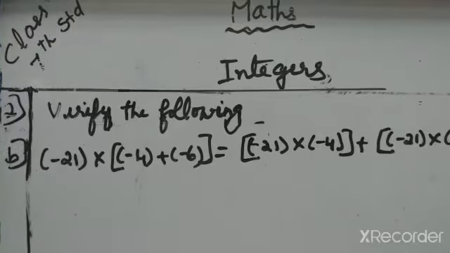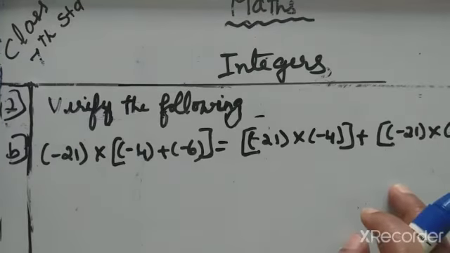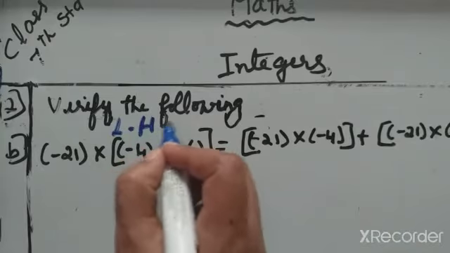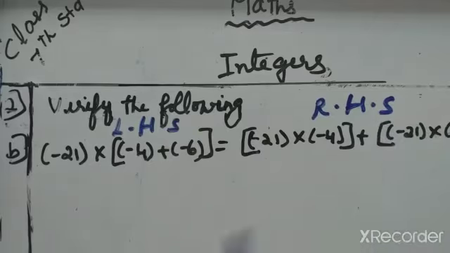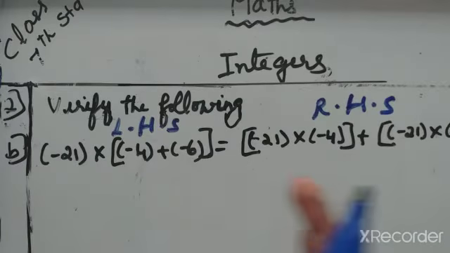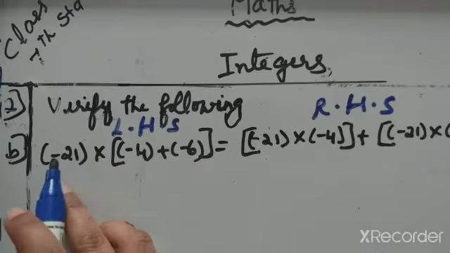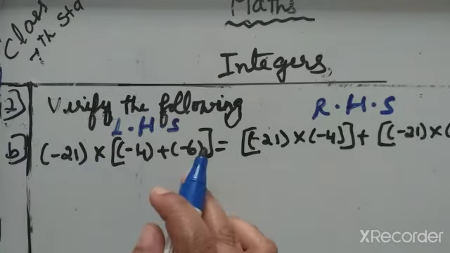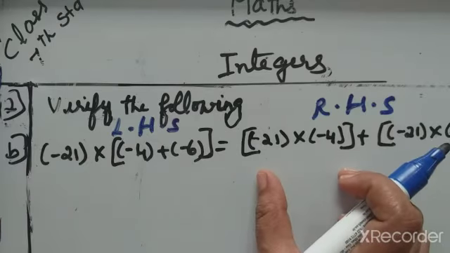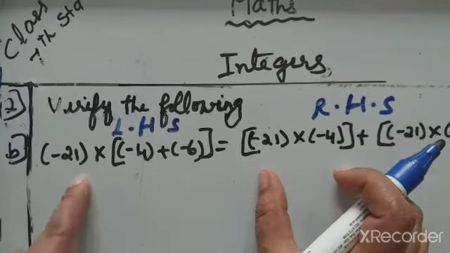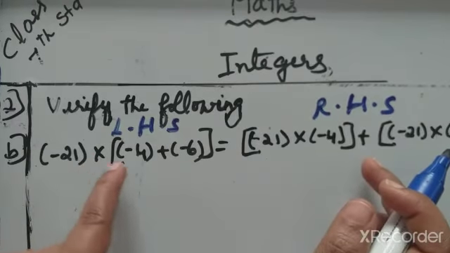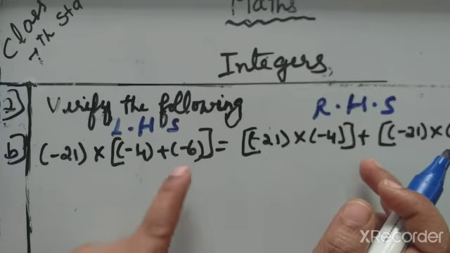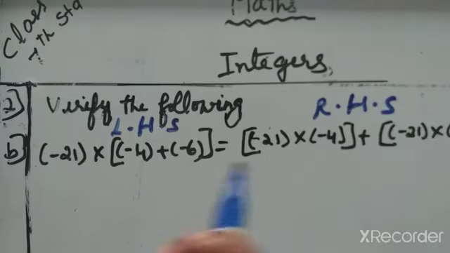Now next, verify the following. Here left hand side and right hand side are given. This is the left hand side, and after the equal symbol is the right hand side. Now we have to check whether left hand side is equal to right hand side, meaning the same answer. Now check which property it is. Monomial into binomial, and what about the right hand side? They are distributed, 12 into 4 and 12 into minus 6. So it is distributed monomial into each term. So this is the distributive property.